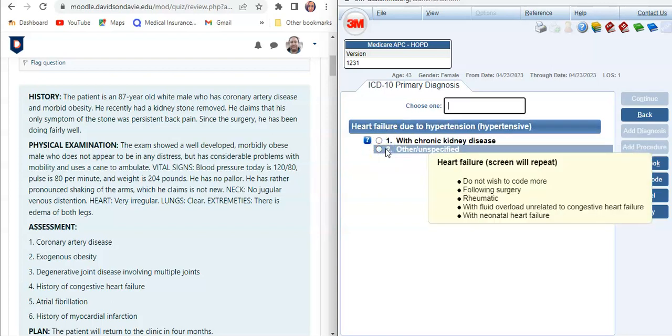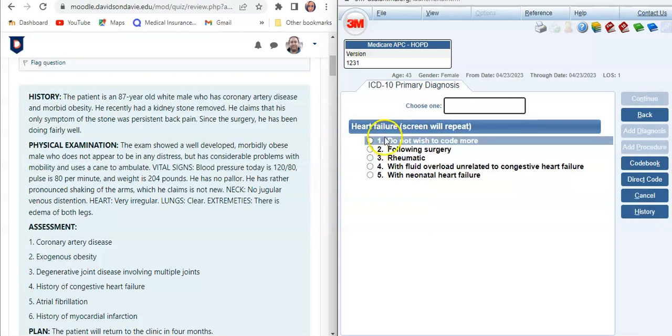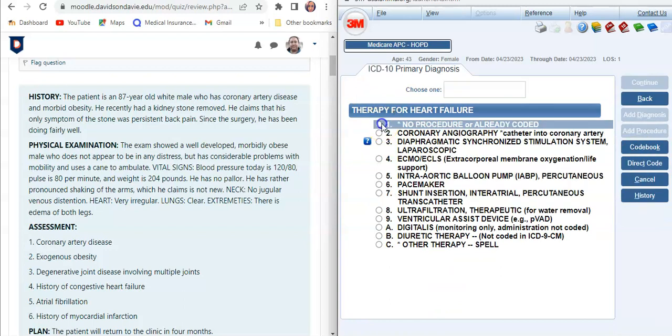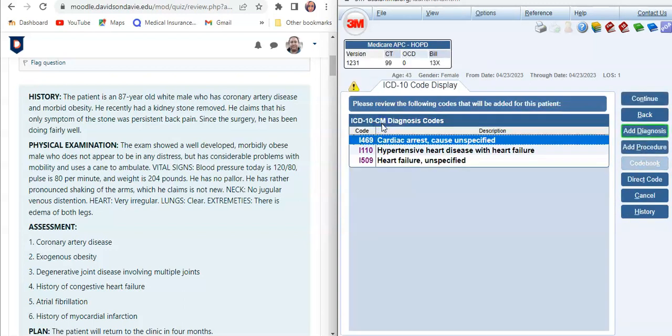Nope, doesn't say anything about that. Doesn't say anything about that. And we're done. We just want the heart failure. Okay, so it gives me a few of them here. Heart failure, unspecified. And that's actually what we have. We have a history of heart failure, but it's not specified. There's no specifics. So the next code is